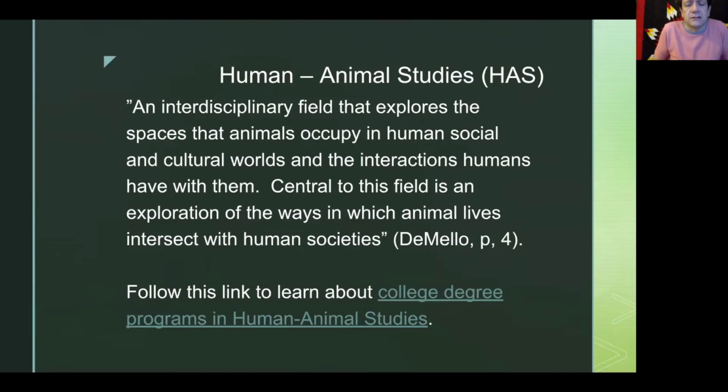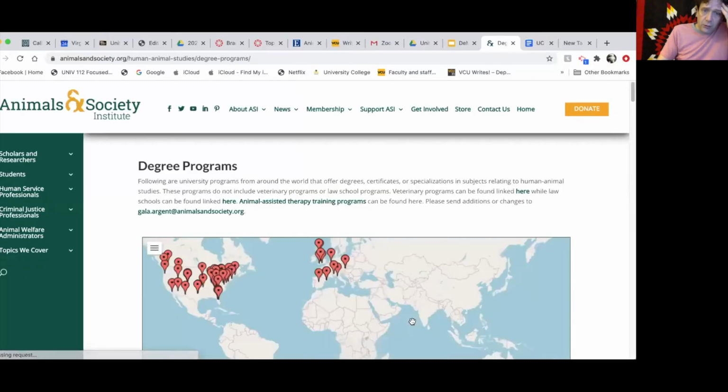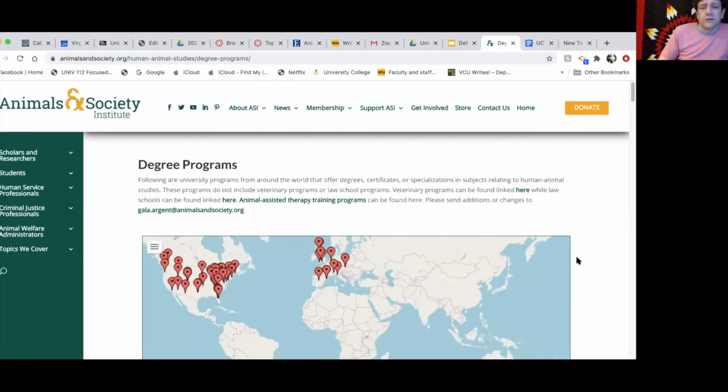Sedaris talks about his encounter with a wild fox, which is becoming increasingly tame. These all fall within this very broad spectrum of human-animal studies. It is worth noting that, particularly in the last 20 years, and especially in the last 10 years, there are quite a few college programs that now focus on human-animal studies.